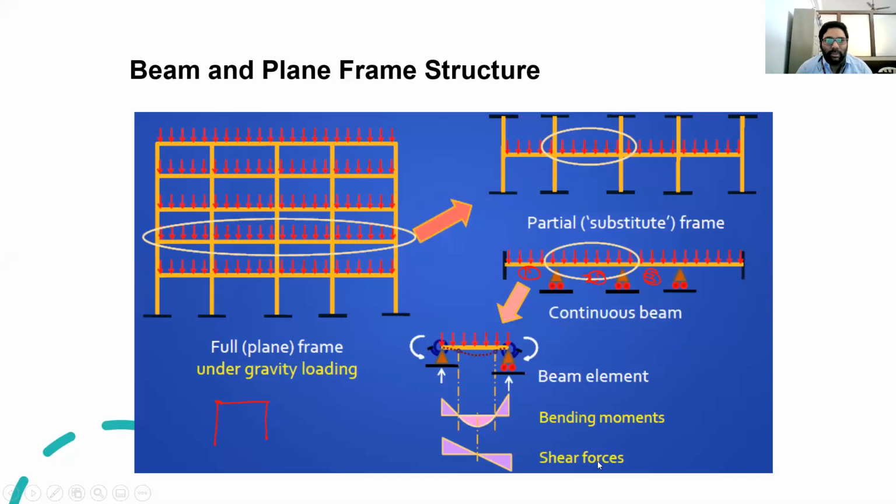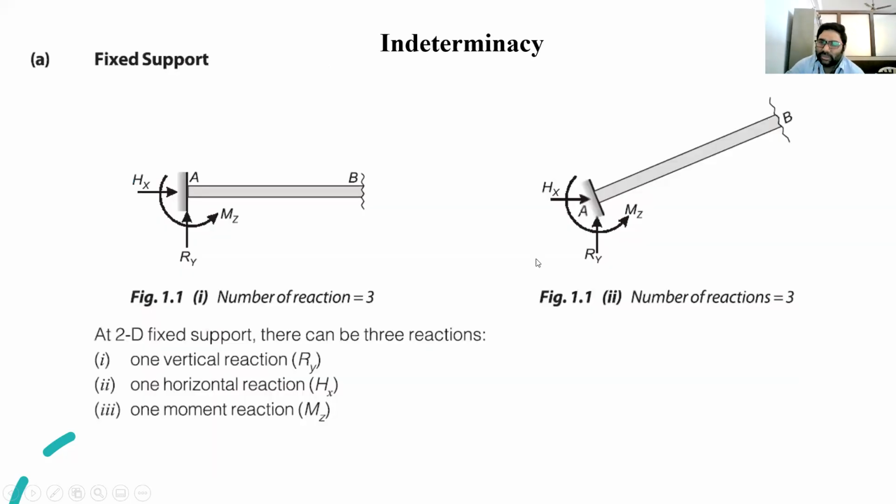For that we sketch the bending moment and shear force. So this is what we are going to do in the subject. Of course these have nothing to do with determinacy, but if somebody has a doubt about how we relate our building with this subject of analysis: our building as a whole is converted into a single frame, from that we took all beams, and from that we took a single beam and we are trying to analyze it. Okay, next comes the thorough part of understanding what is indeterminacy.